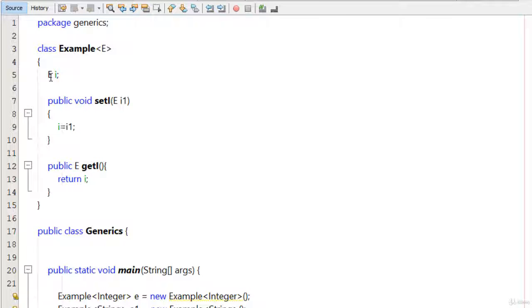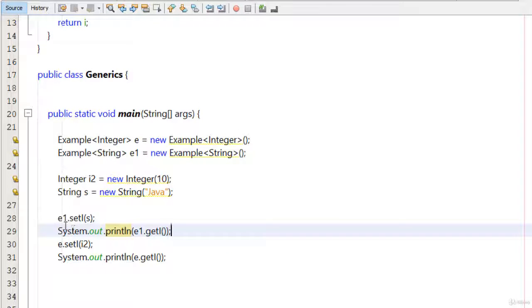the reference of the integer class, like Integer I, and then I have created the method public void setI, and in the parameter I type Integer I1, and then I set the value of I1 in the I. Then I type the getI and return the I with this method. And then I simply call the set method in my main function and pass the integer value, like I have created the object of the integer class, Integer I2 equals new Integer(10). Then I pass the I2 in the set method, then I simply print the value of the I using the